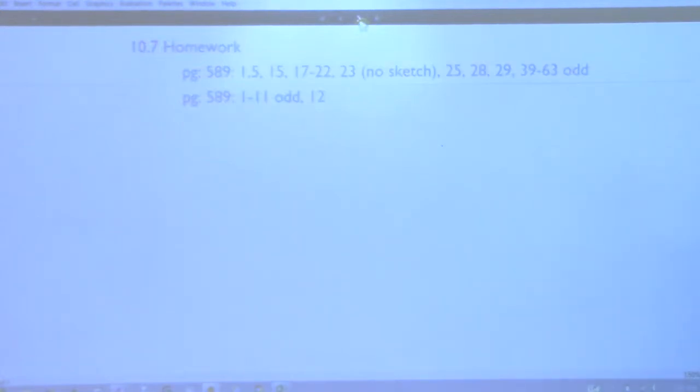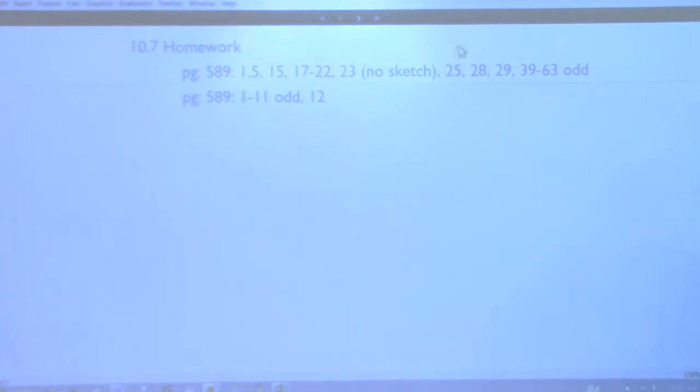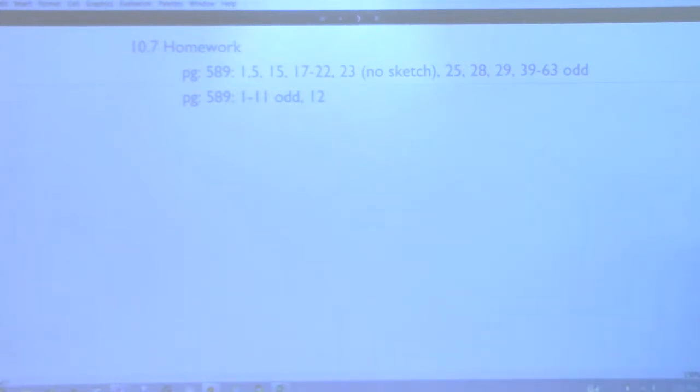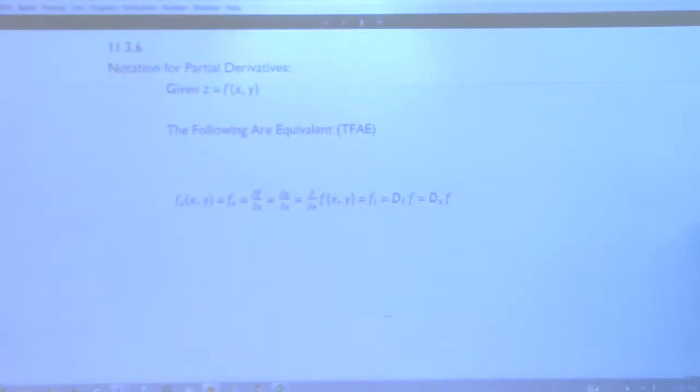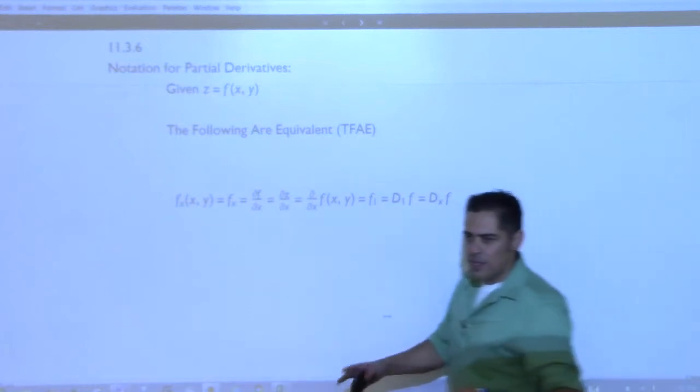I believe that's it. Yeah. Okay. So now we've gone back. We've recovered. Okay. I accidentally skipped that. So 10.7 is now officially done, and we can go back to what we were doing before last week, which was 11.3. We'd start talking about partial derivatives, and remember that's where we have a surface, and we say, okay,